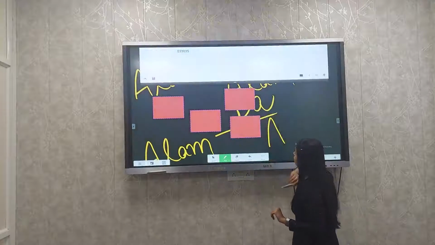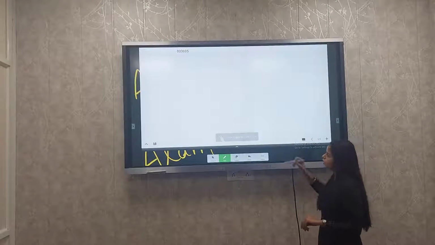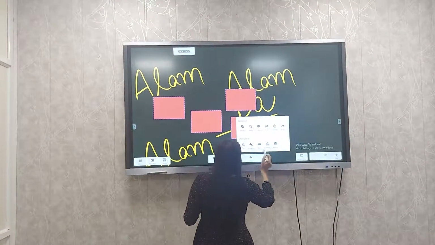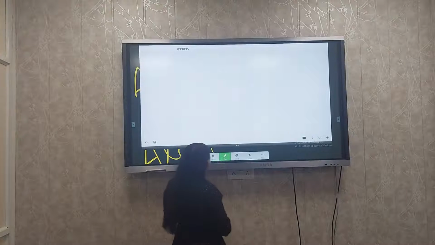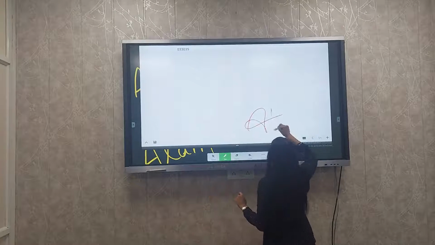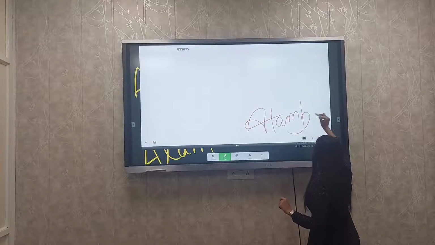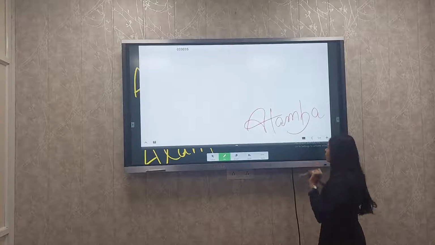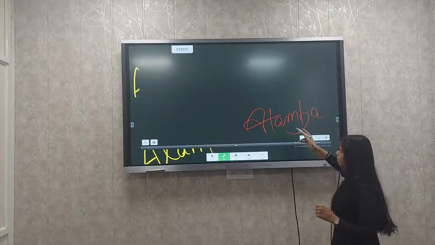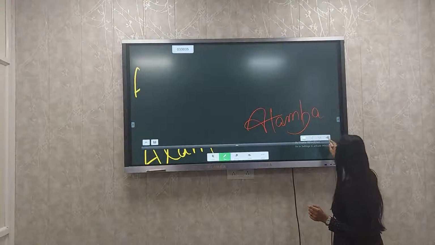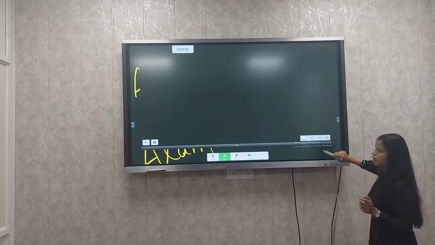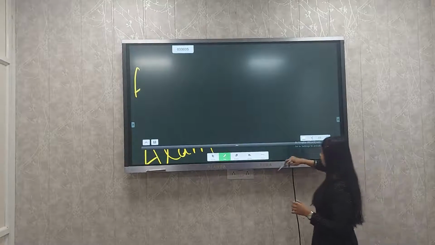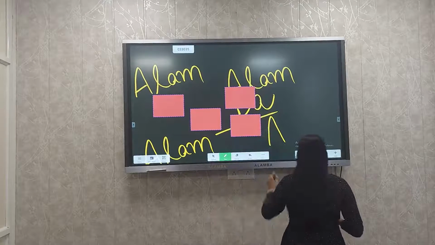Then the other feature is inner board. As I don't want to spoil this slide, you can use inner board to do some kind of rough work. Okay, we can change the background. We can change the color of this inner board also. We have two different colors. First one black and the other one is green. I can add as many rough pages to this. You can use multiple inner boards. Then just do it like this.